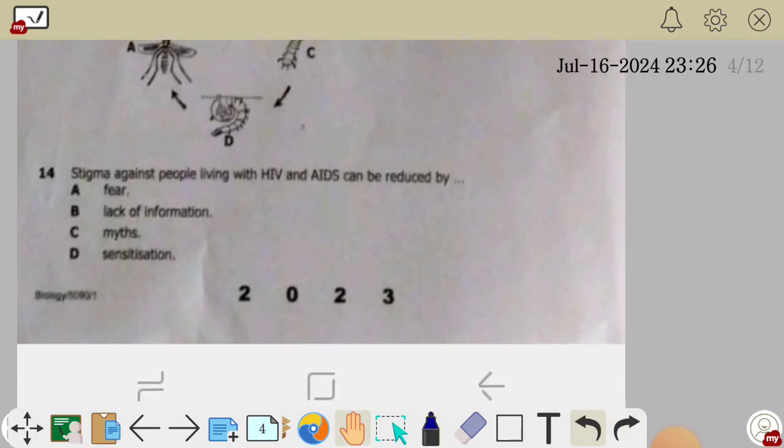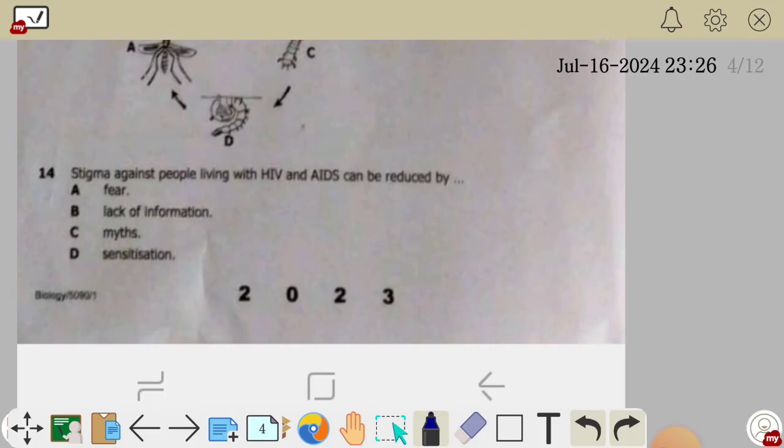Question 14. Stigma against people living with HIV and AIDS can be reduced by A. Fear, B. Lack of information, C. Myth, D. Sensitization. So stigma against people with HIV and AIDS can be reduced by sensitization, where